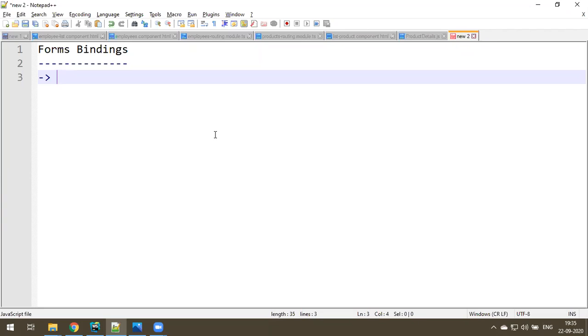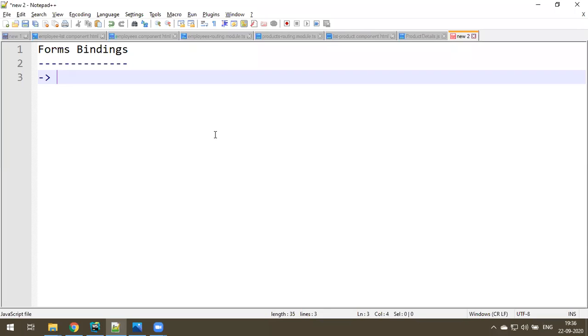So how to deal with data binding with the forms, and also we understand here what is meant by two-way data binding, how to do two-way data binding manually, and how the automated two-way data binding is available in Angular, we'll see that. The whole concept we'll see here, but the only thing is forms binding, no form validation as of now. Form validation is a separate concept. It comes after the fundamentals module. At the end of the fundamentals module, we'll discuss form validation, but here we only see how to bind the data between your forms, your typing, and the background TS file.